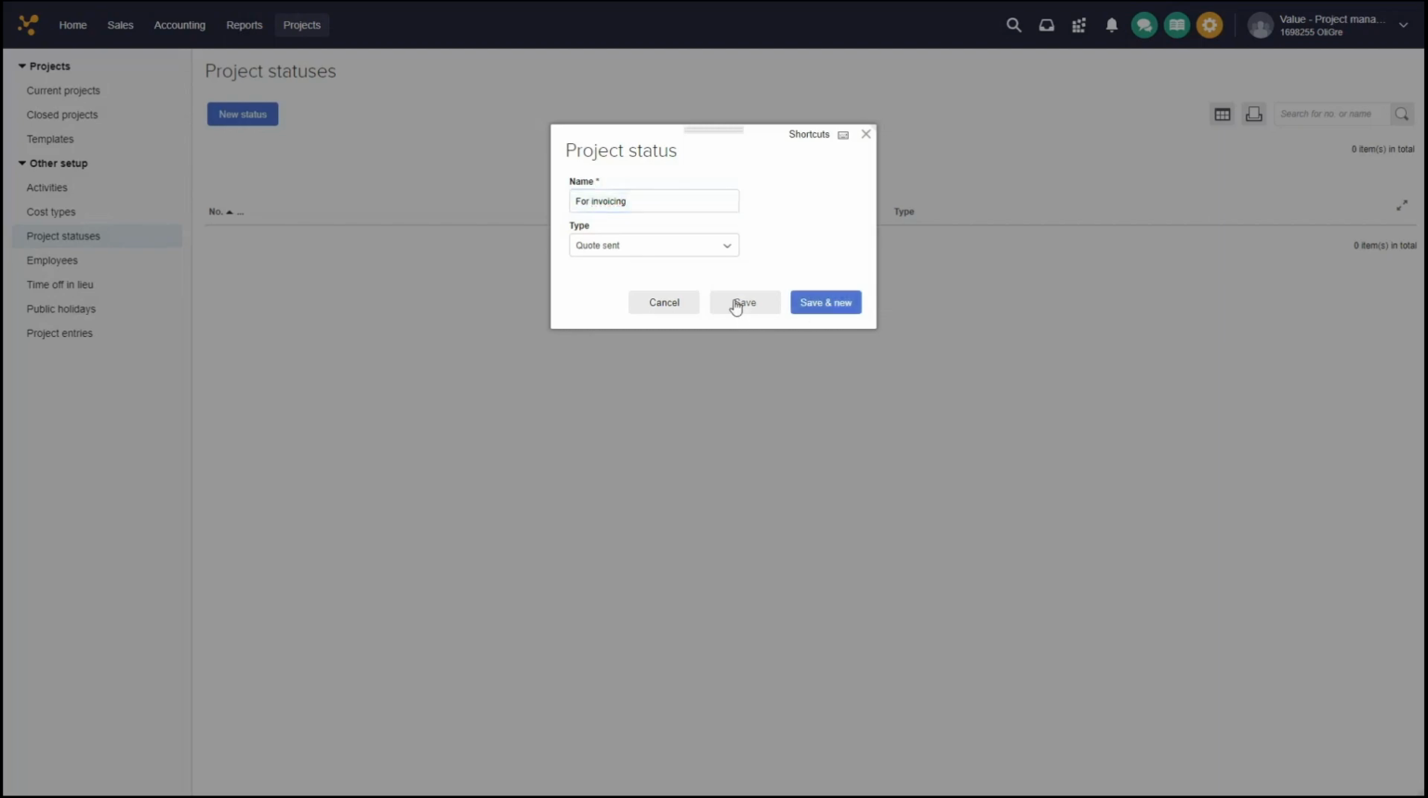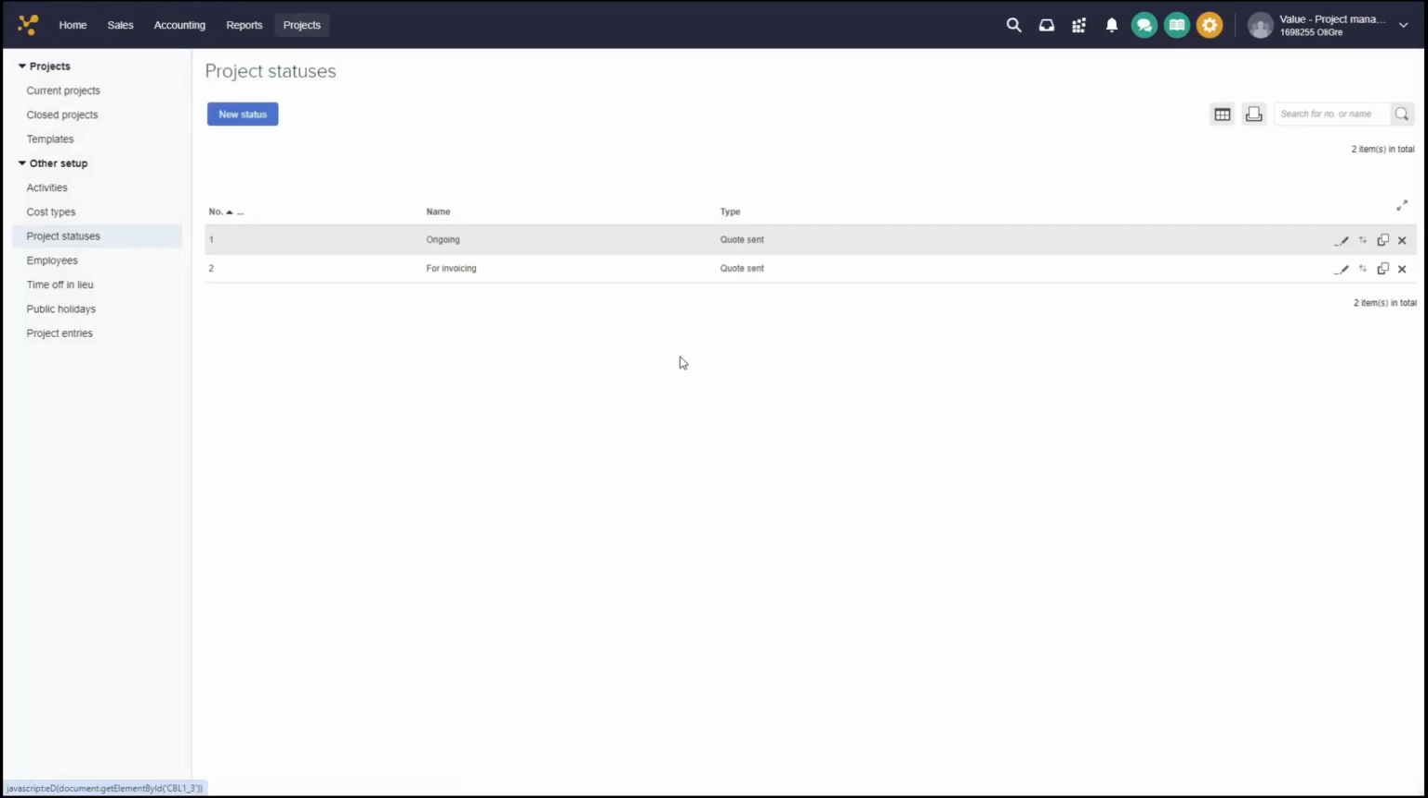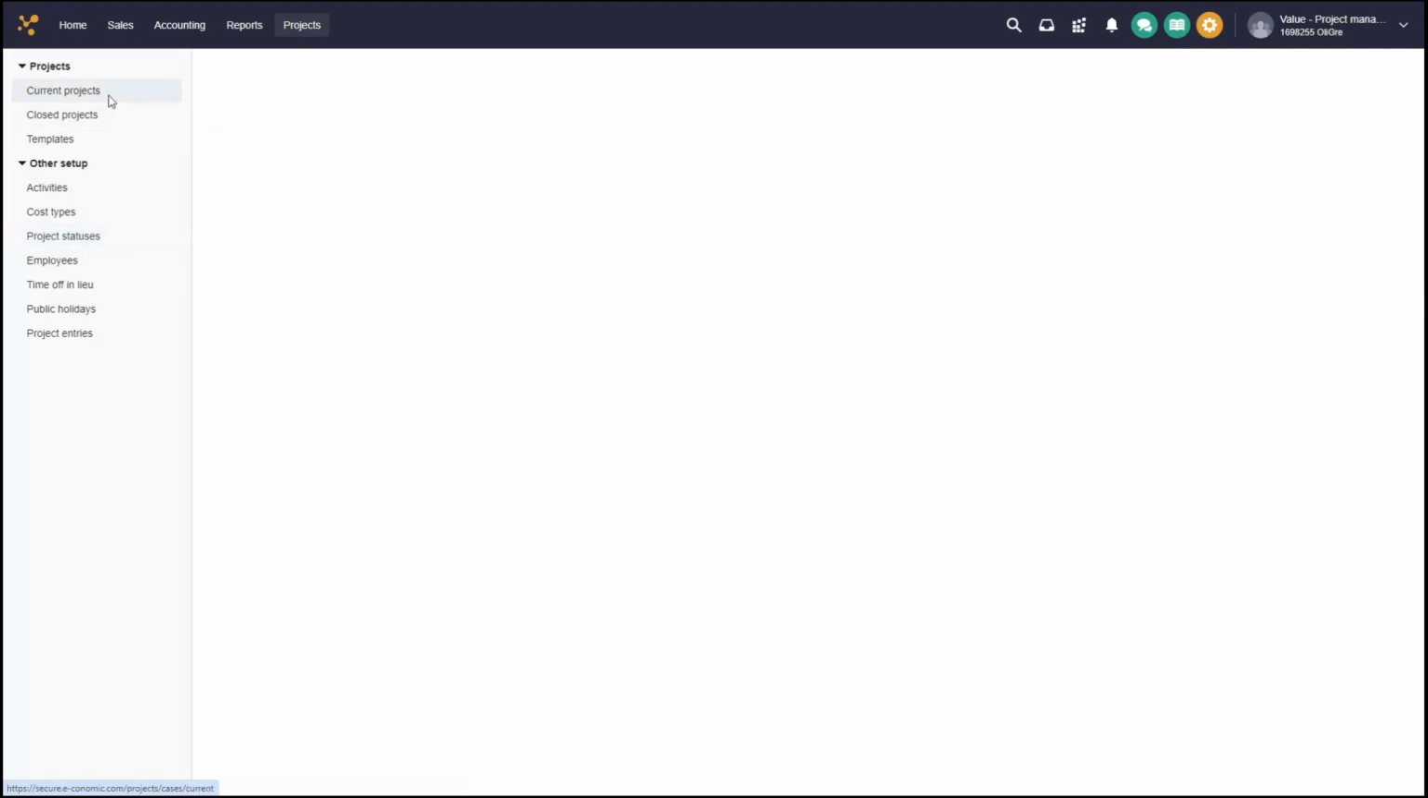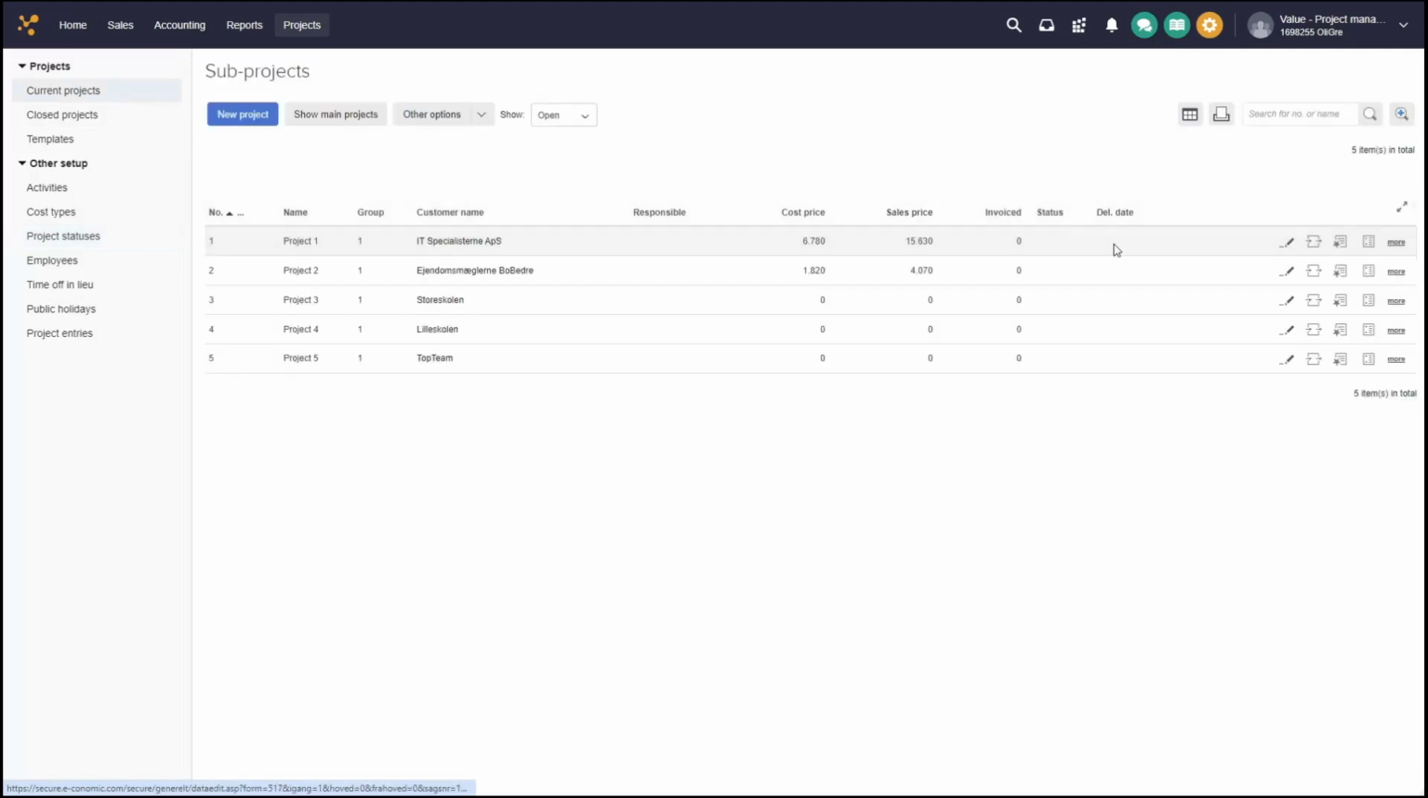Cool. I'll just click Save. And then I can see I have created these two different project statuses. What I can do is associate these project statuses with my projects. So I'll just go back to my project overview up here, current projects, and then actually I can edit my